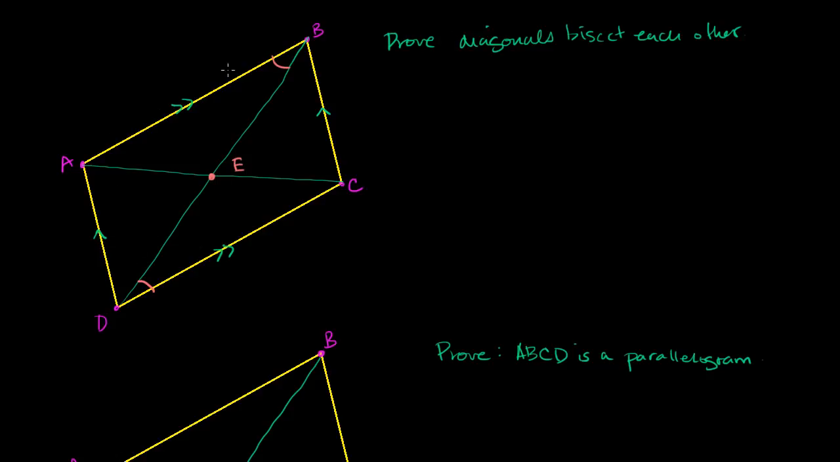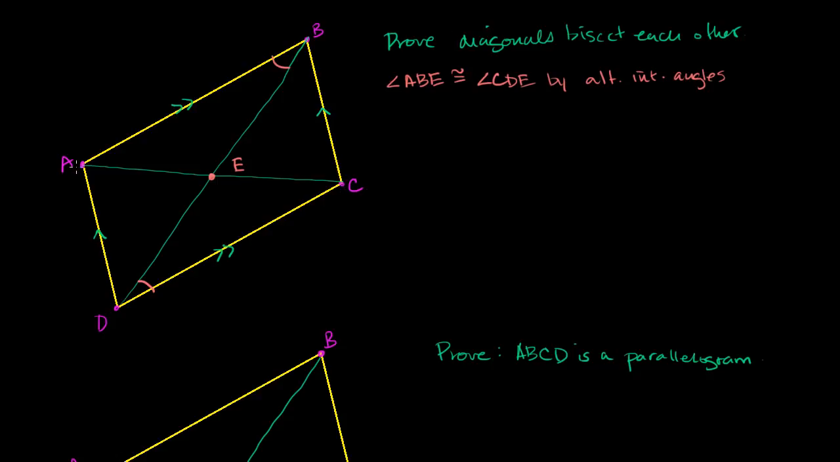So we know that angle ABE must be congruent to angle CDE by alternate interior angles of a transversal intersecting parallel lines. Alternate interior angles. Now, if we look at diagonal AC, or we should call it transversal AC, we can make the same